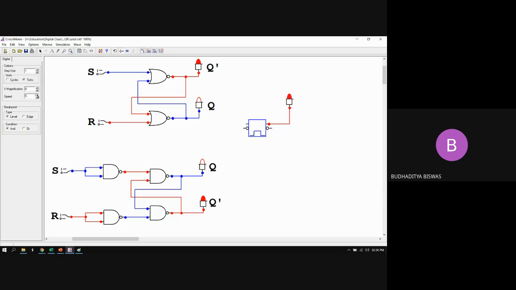If the animation speed is very high, using your naked eye you are not able to distinguish between the 1s and 0s. It's a very fast animation rate. If you decrease it, then it's animated at a very slow speed. Generally 5 or 6 is sufficient to understand. This is actually the animation speed.